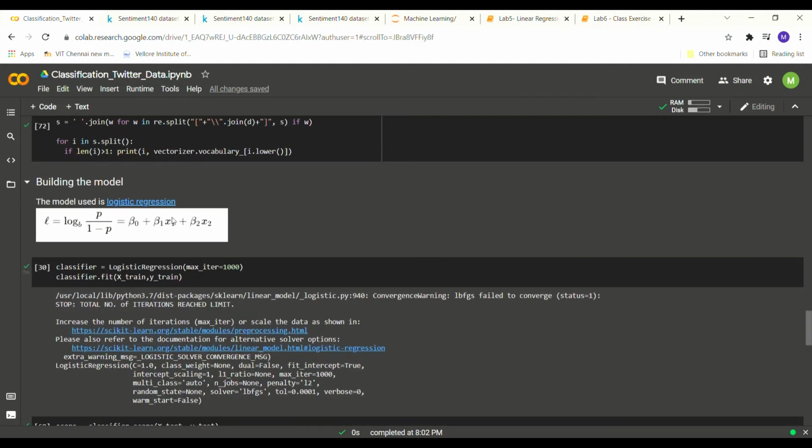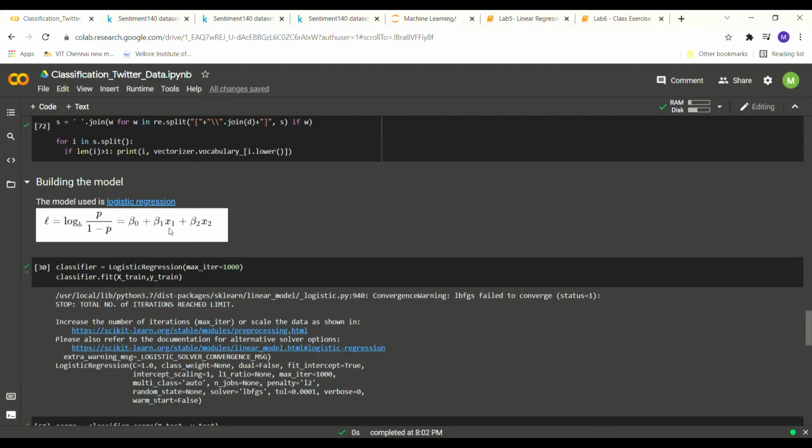Therefore, that particular variable becomes 1, and it goes to the next index, and the model keeps on checking the index and whether that word is found in the tweet that we're looking at. If that word is present and it has a frequency of 1, then this x1 becomes 1. If it has a frequency of 2, it becomes 2. And if that word is not present in the tweet, then it becomes 0. So the model looks for each of the words in the vocabulary and whether that is present in the tweet that we're trying to predict the positive or negative sentiment for.